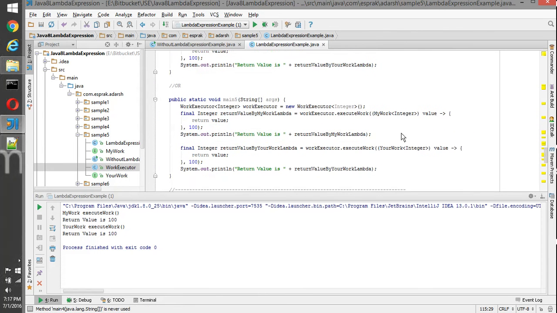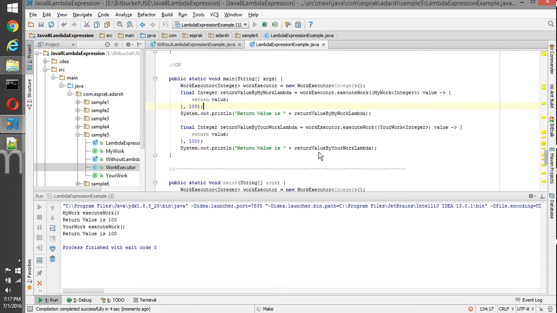The same thing we have done, we have just removed the parenthesis around the variable.